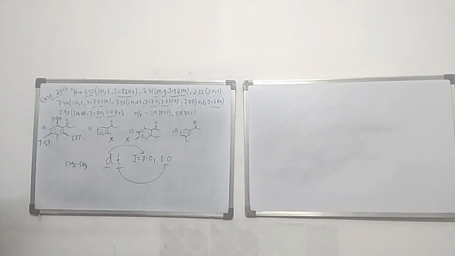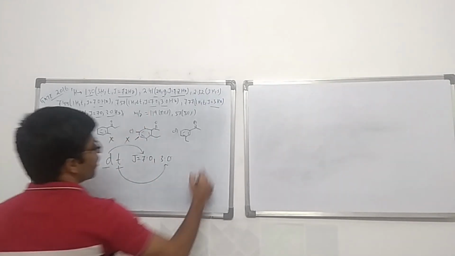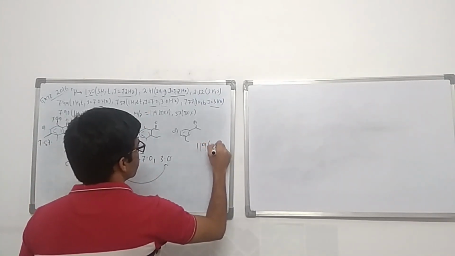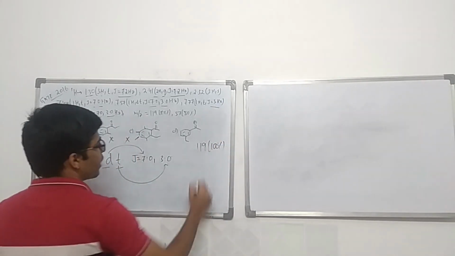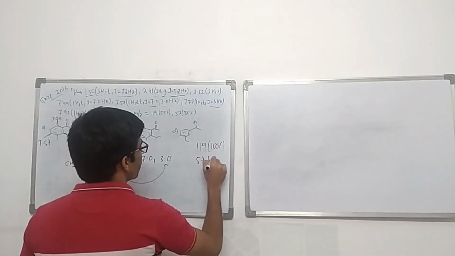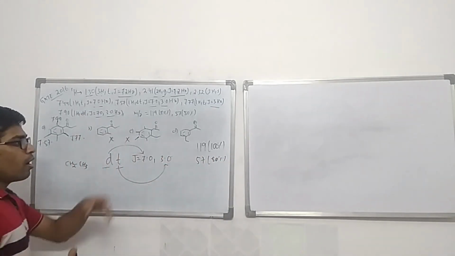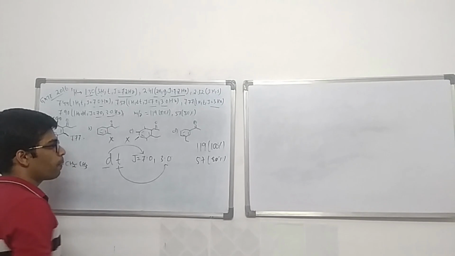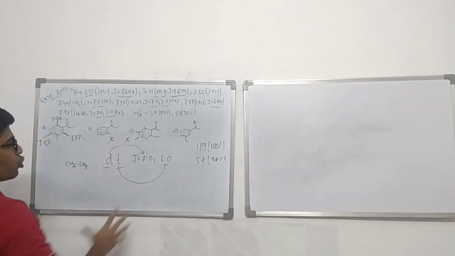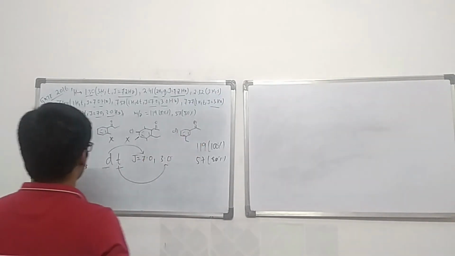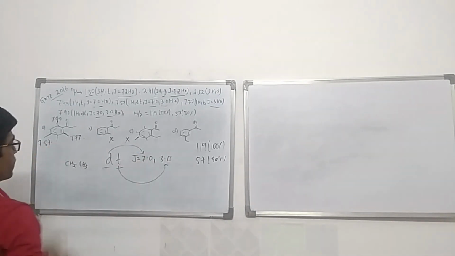Okay. So what other values are given? We have been given an m/z value of 119 having 100% peak height and 57 having 80% peak height. Okay, so most of the times the 100% peak is the molecular ion peak. Now 119 is actually the molecular mass of this molecule, which is the same for both of these.